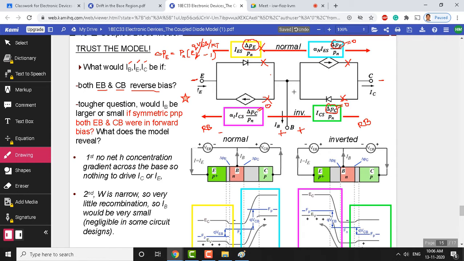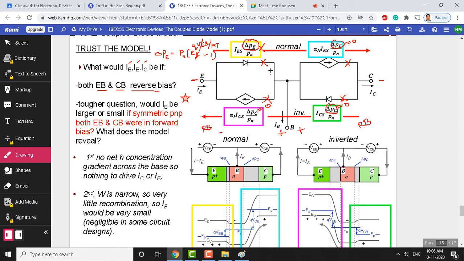In an actual BJT, we can't easily think about what current flows when reverse bias is applied between emitter-base and collector-base. So this model provides a solution for that. But a small amount of reverse saturation current may flow here. This is the ideal condition we have discussed, by making this an open circuit.